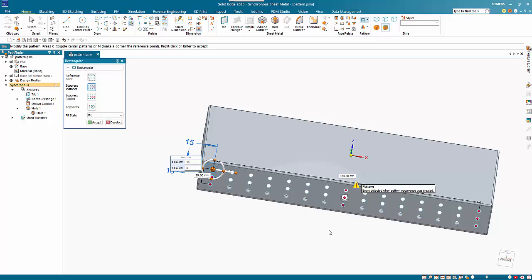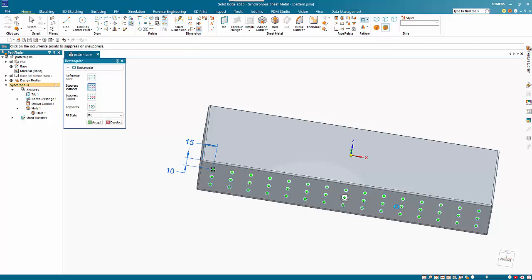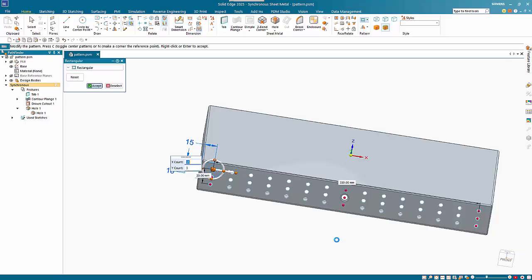So we just click on that and then we get the full list, and we can just click on the ones that we want to take out of the equation. So then we just accept that, and from here we are working from